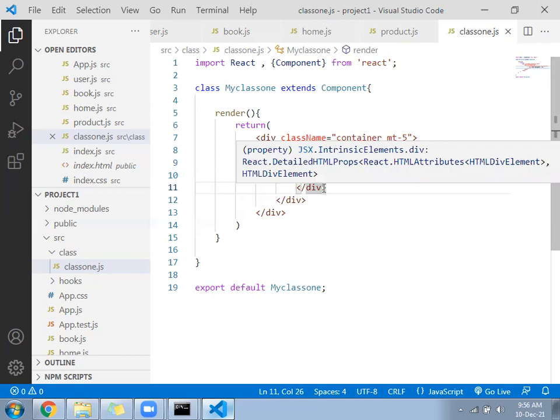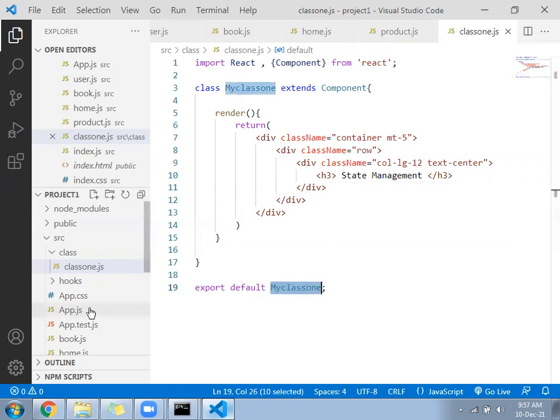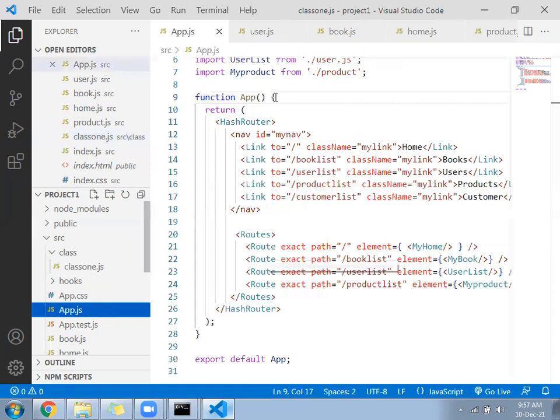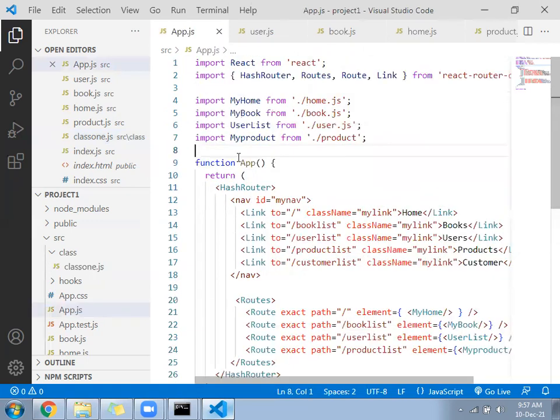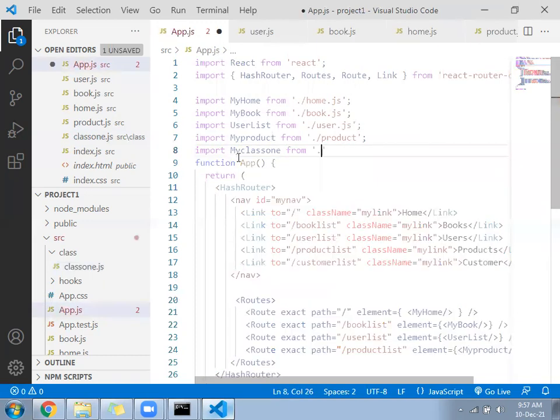Okay. So next we have imported, what is the class name? MyClass1. Go to the app.js file. In the app.js file, you have to import that. Import MyClass1 from which folder?